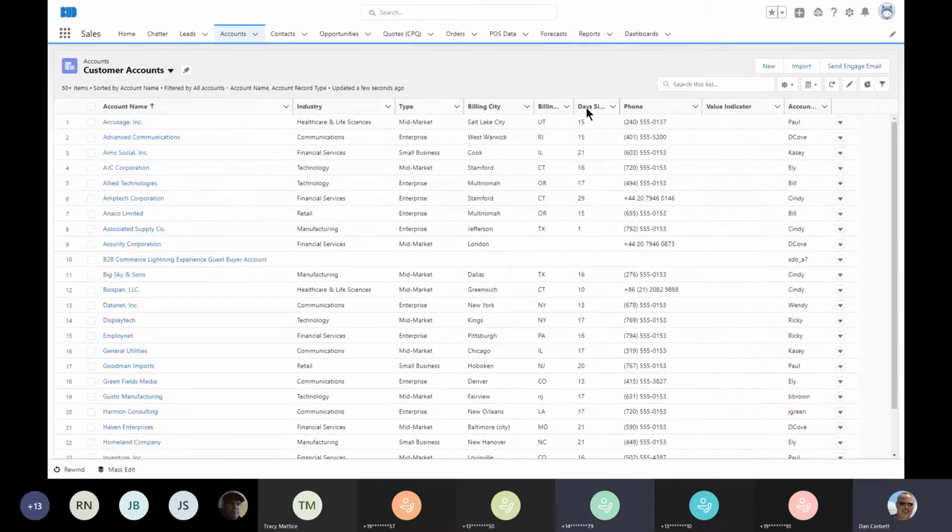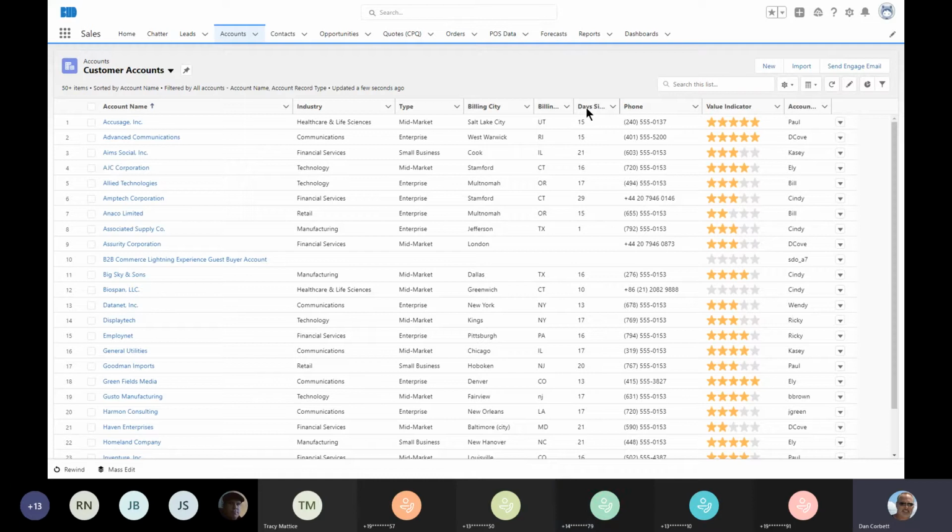All right, can everybody see Salesforce? Hopefully. Yep. Okay, so you're probably all familiar with how the base Salesforce views functionality works, and it's